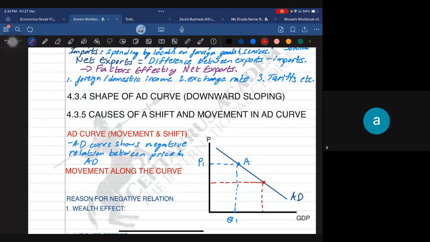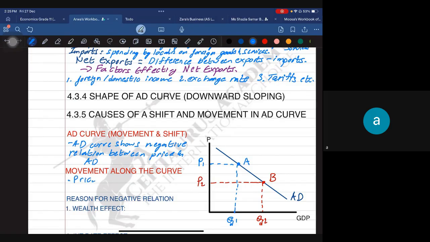Now this is point 2, with price P2 and quantity Q2. Here we have only the quantity demanded. So movement along the curve,